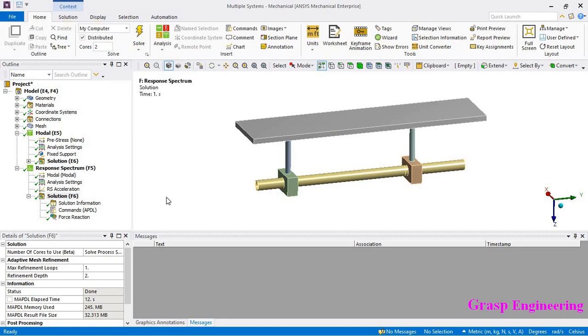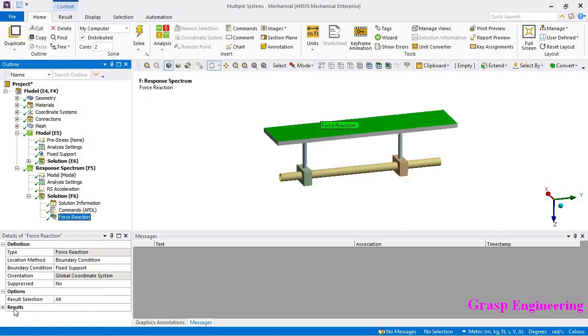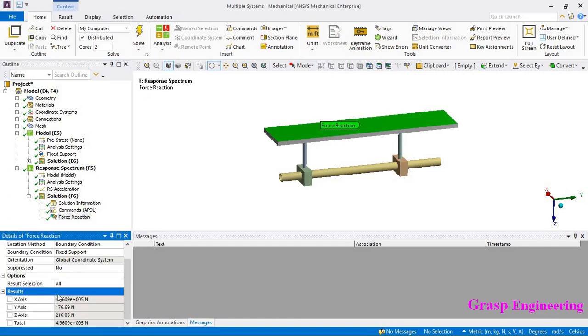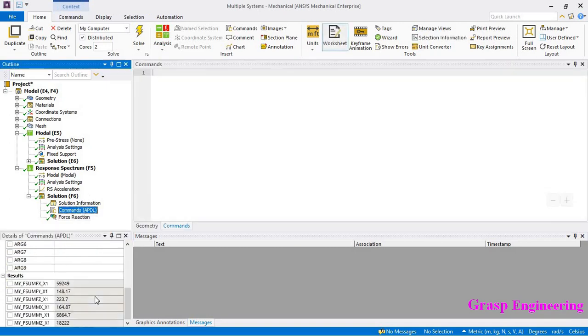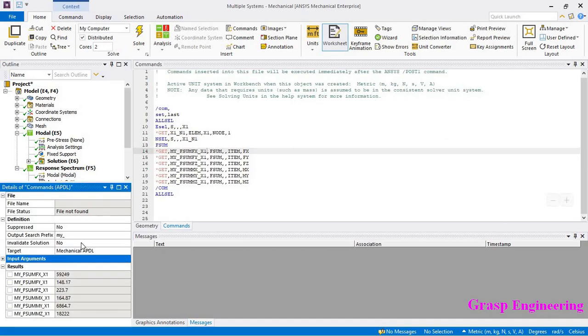So now if you see that our simulation is performed, so let's go to force reaction, and this is basically the force reaction on the fixed point. Now in order to see the reactions on the joints, we defined that command. So now we can see the reaction on these respective joints.